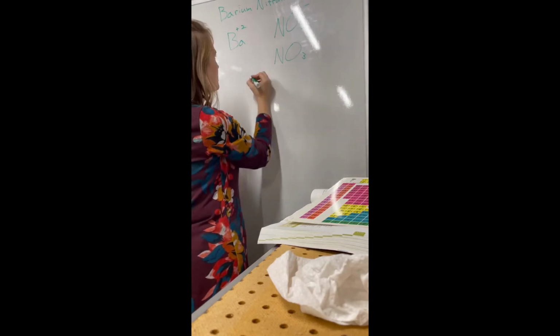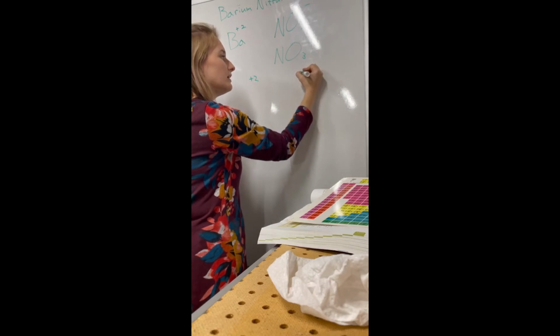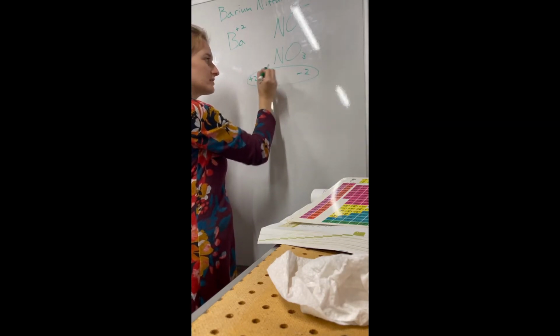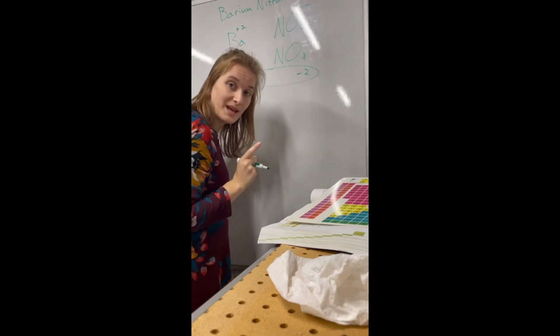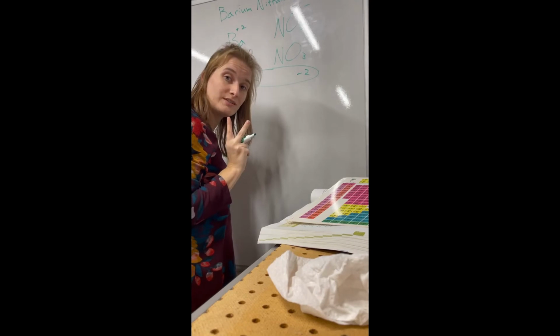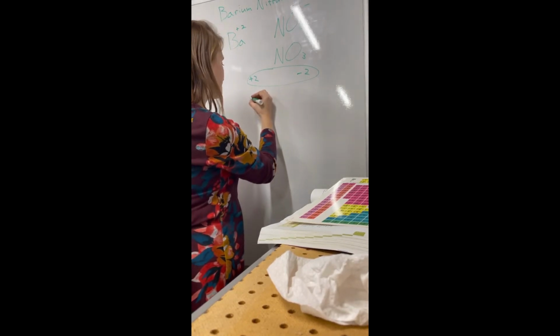Now our net charge would be +2 over here and -2 over here. The charges balance so that the net compound is neutral. And we know that we need 2 nitrates to do that. So the whole formula is